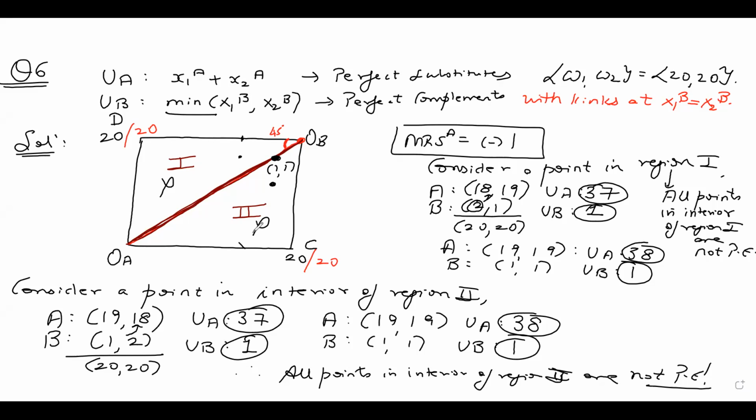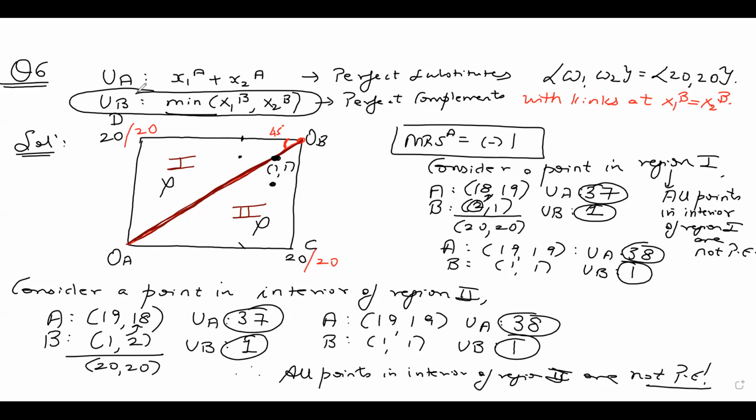You can now work out the corners also. Guys, always remember, when you have a min function, there is no point of looking at the corner. Because when the agent is having a min function, the goods have to be consumed in a given ratio. So when you are on the corner, the ratio gets disturbed. And anyway, when you are on the corner, one of the goods is equal to 0. So that simply means that corners are never going to be the optimum solutions here.